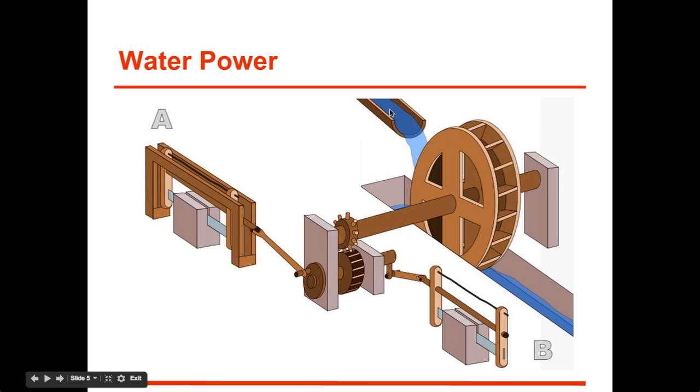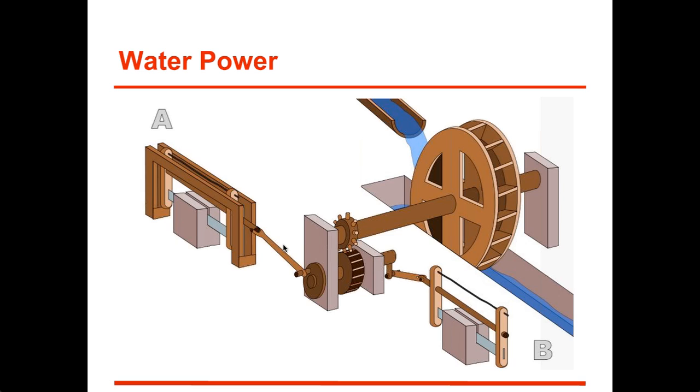For example, the water wheel used to only work for falling water, like a waterfall. You would have to either create a waterfall by diverting water or place your water wheel there. They were able to instead use flowing water, and they could utilize that. And this is an example of engineering and technology coming about because of a need.